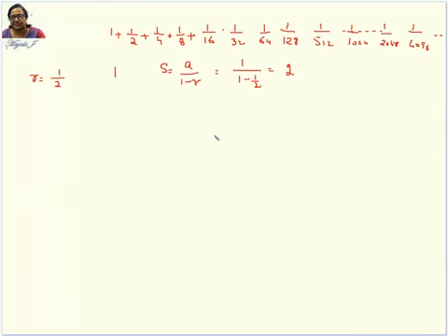This is an example. I cannot say every time is going to be 2. So if you have your series with the ratio 1/3, then the value is going to differ. It's not going to be the same. What will happen if you have 1/3 as r? 1 divided by 1 minus 1/3. So 1 minus 1/3 is 2/3. 2 by 3 will come up, then it's going to be 3/2. 3 by 2. Okay. So that differs.